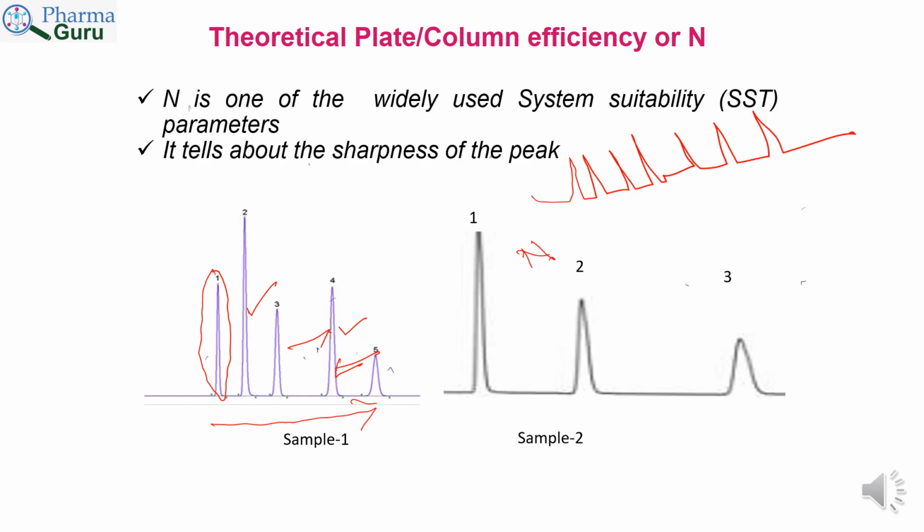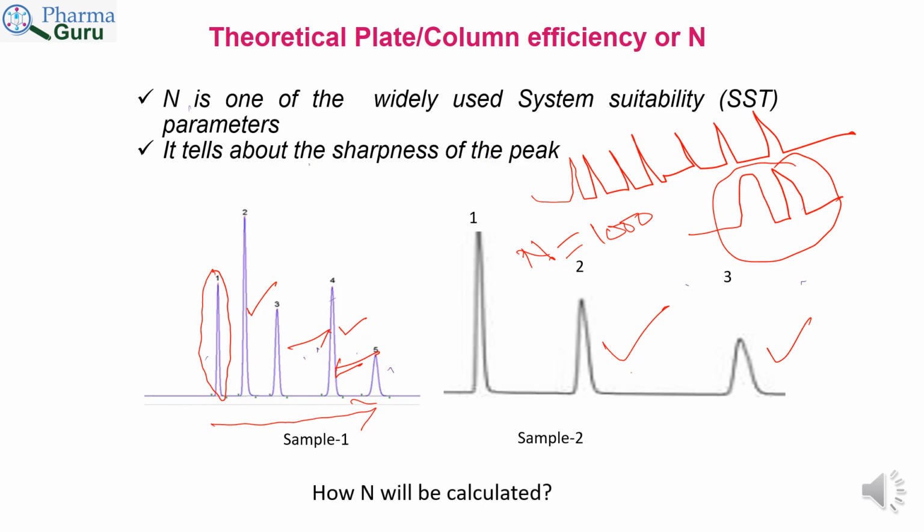Suppose N is less, about 1000, that column will have broad peaks and will not separate several components in a single run. See, these peaks are broad, hence keep in mind to choose a column having high theoretical plate when you are going to develop